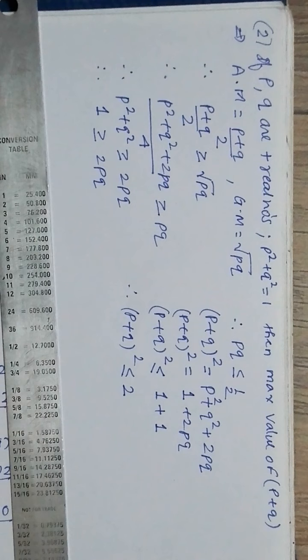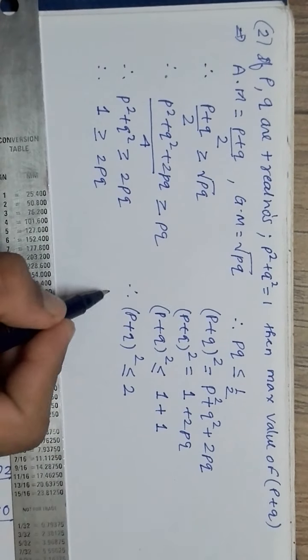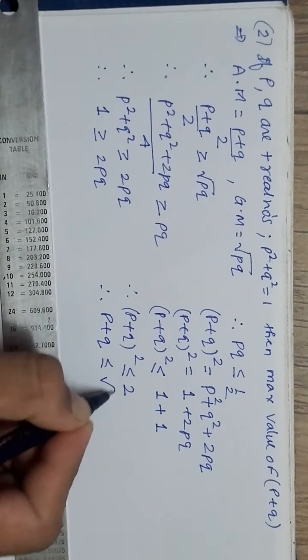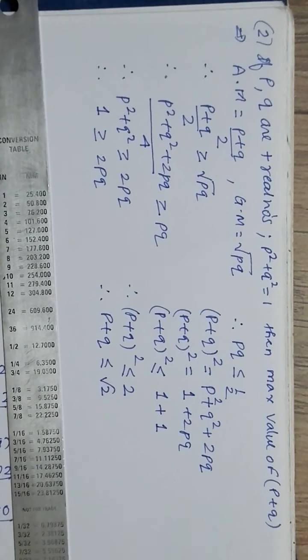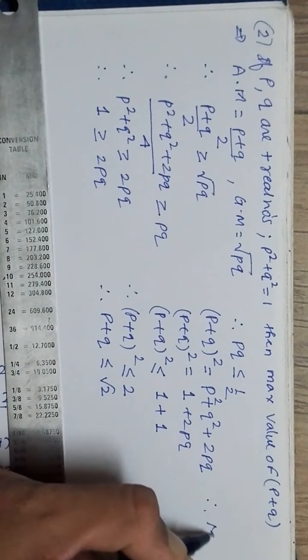So I am going to talk about the maximum value. For maximum value I will have to find the square root of p plus q, which is equal to root 2. So therefore I can say here p plus q is less than or equal to root 2, means the value will be root 2 or less than root 2. So therefore max value of,